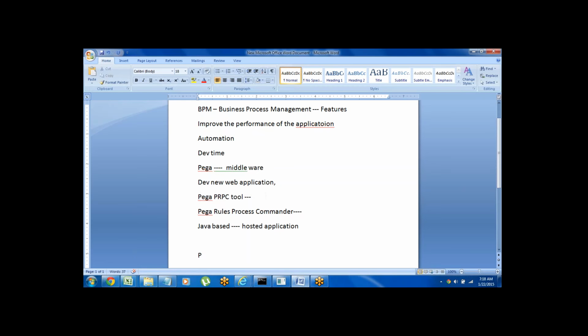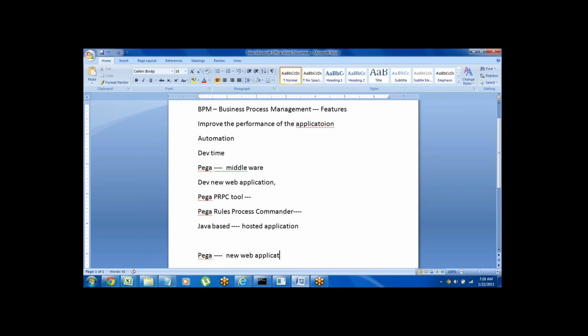In this Pega hosted application, again we can develop new web applications. The total Pega tool is developed using Java coding.